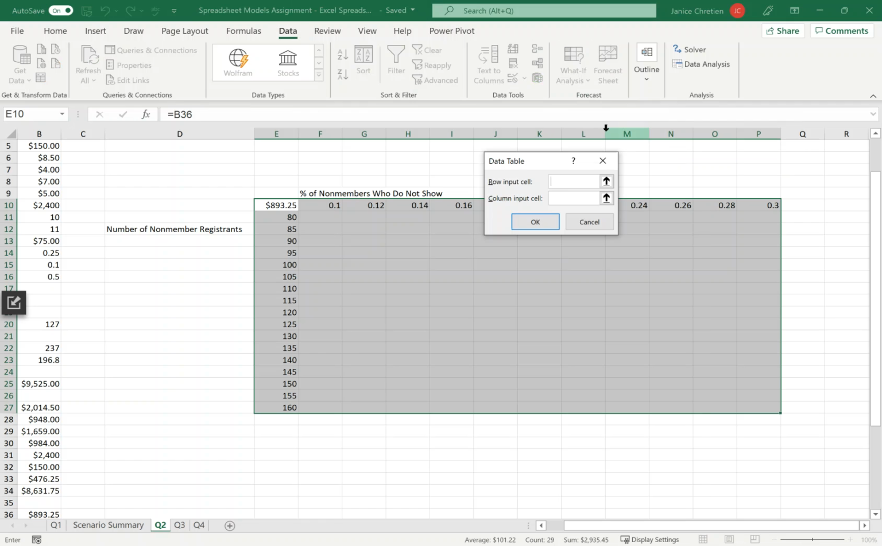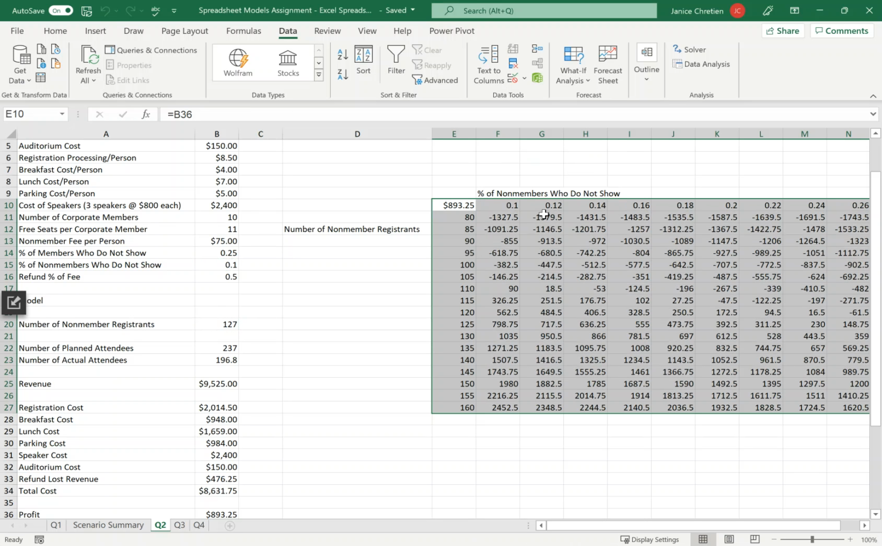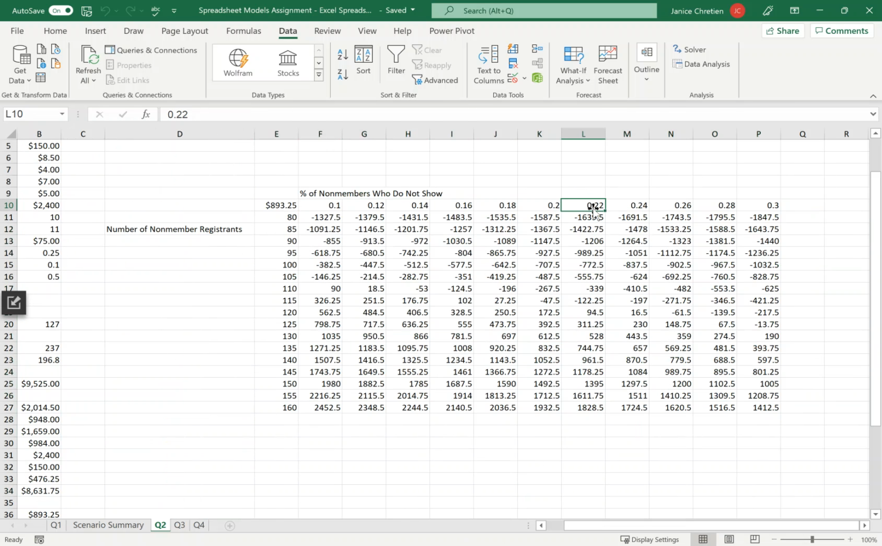data table. And then your row input cell will be the percentage of non-member no-shows, and your column input will be the number of non-members registered. Tell it okay. And then in the question, my question said, looking at the 22% column, where is the break